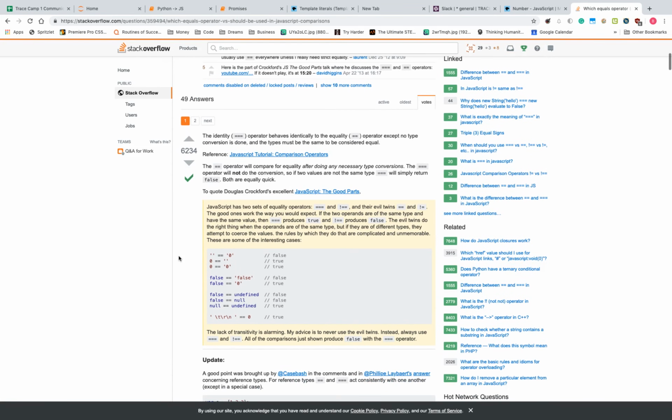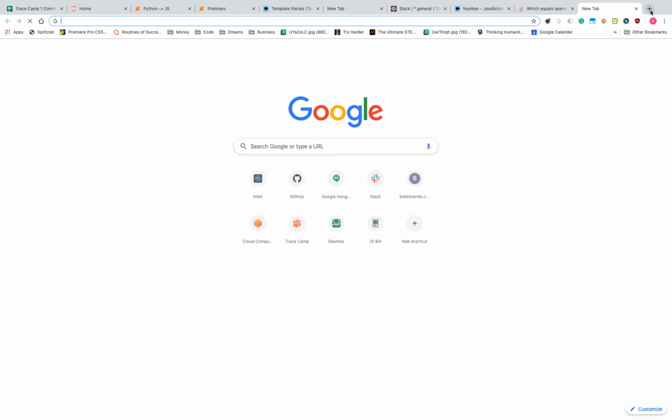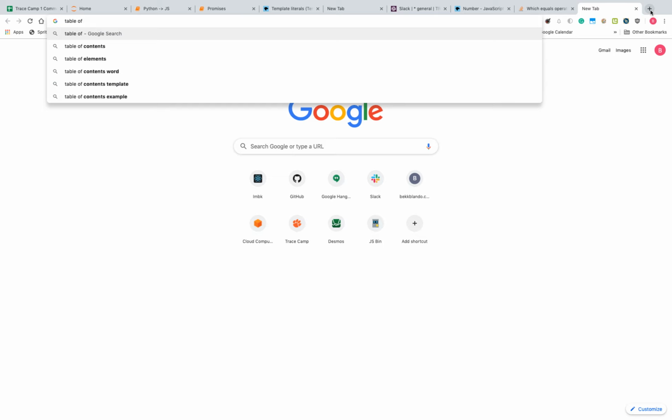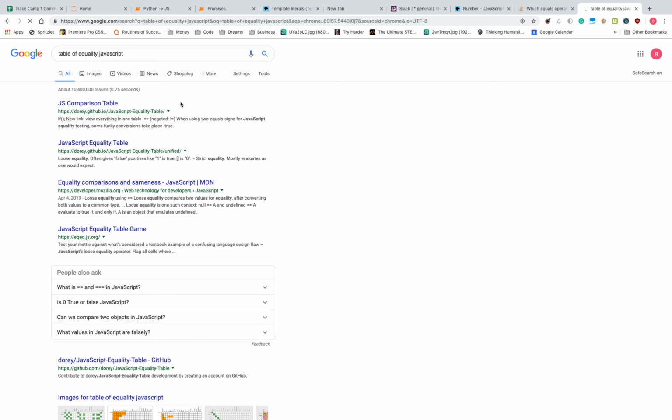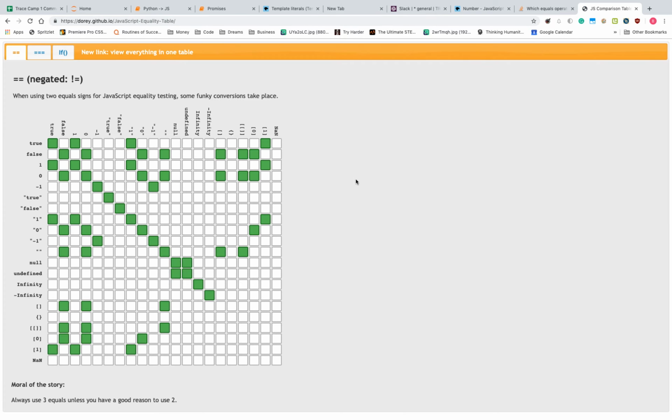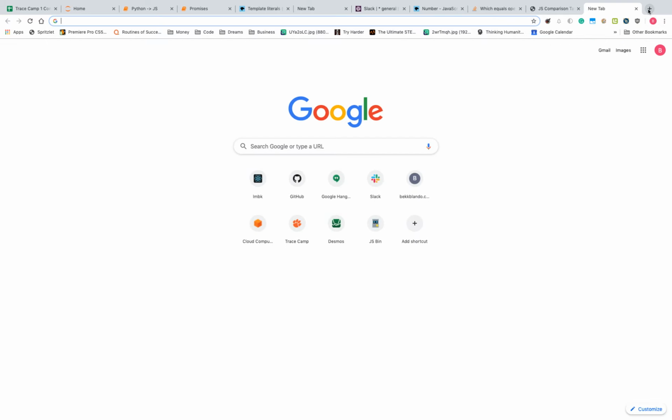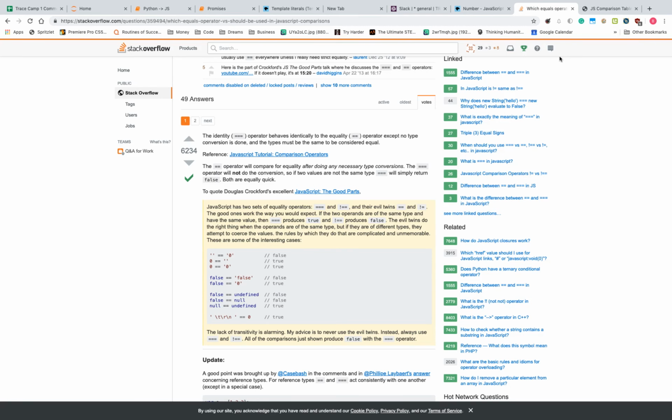Actually, there's a great table of quality JavaScript. Okay. I'm actually not going to spend too much time covering the quirks of JavaScript's type system. Essentially what you need to know is that JavaScript has a lot of quirky things that aren't really consistent,